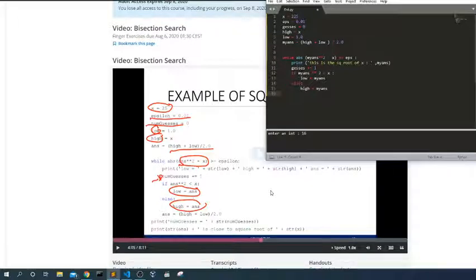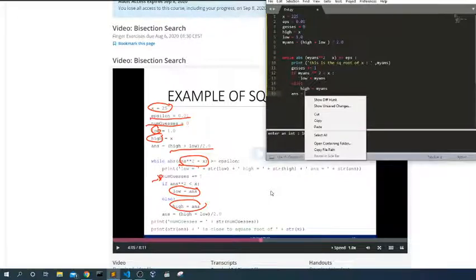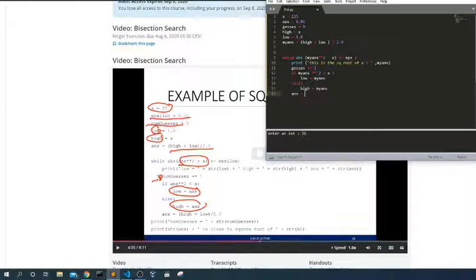And we're in the same while loop, answer equals, parentheses, high plus low, divided by 2.0, so it's a float value.